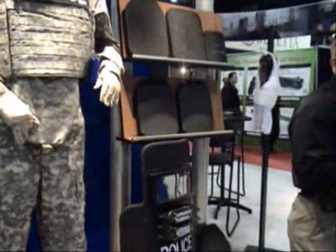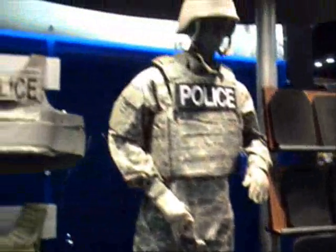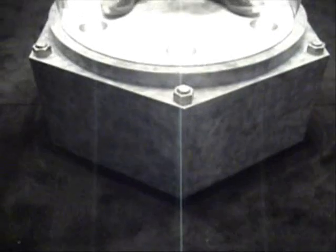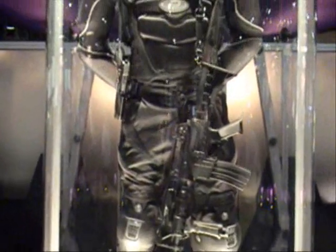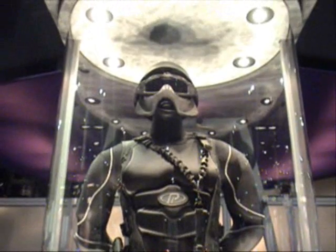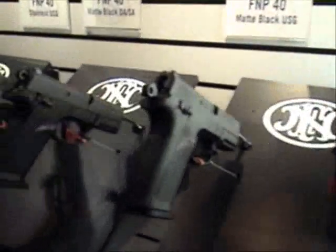As you all know, I love me some body armor, and I counted over half a dozen vendors with their displays on the floor. Here you can see an example of the Super Soldier from Protective Products, which is the manufacturer of the Marine Corps' modular tactical vest. Rows and rows of pistols,